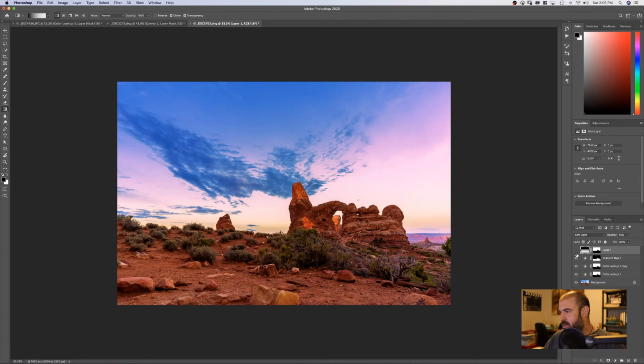But by adding the lookup tables here and actually duplicating them, it takes away that blue, which doesn't really say sunrise to me. It's because I was looking the other direction and I kind of missed that early morning color. But I still want to replicate that. So by adding a little bit of pink hue to the sky, and I think probably one is enough, I really don't think I need two, plus the gradient there, and then adding a little bit of oranges and reds to the foreground, I think it really makes a nice image that comes together. It tells the story of the morning, and I think that's what you have to remember,